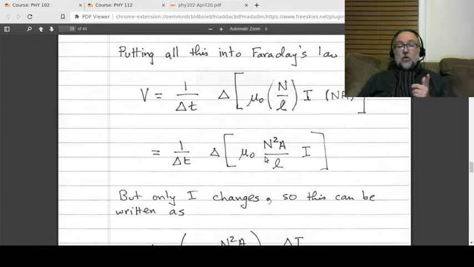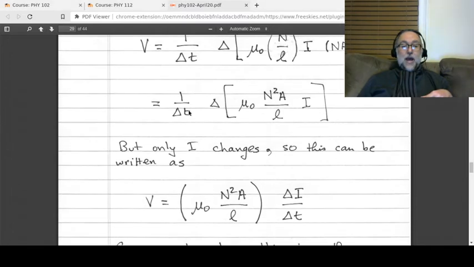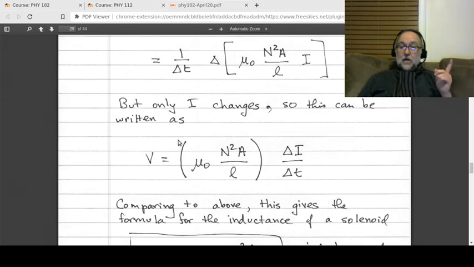Now you'll notice that N, the number of windings in the solenoid, doesn't change. You're not going to go into the circuit and unwind it, so N remains fixed. The area of the solenoid, we're going to leave that alone. We're not going to squish the solenoid or anything like that, so the cross-sectional area will stay the same. The length of the solenoid will stay the same. So everything here stays the same, and mu naught is just a constant. I is the only thing that can change. So we can pull all of these constants out front, and you just have I. And so now you can write Faraday's law for a solenoid as this quantity out front times delta I over